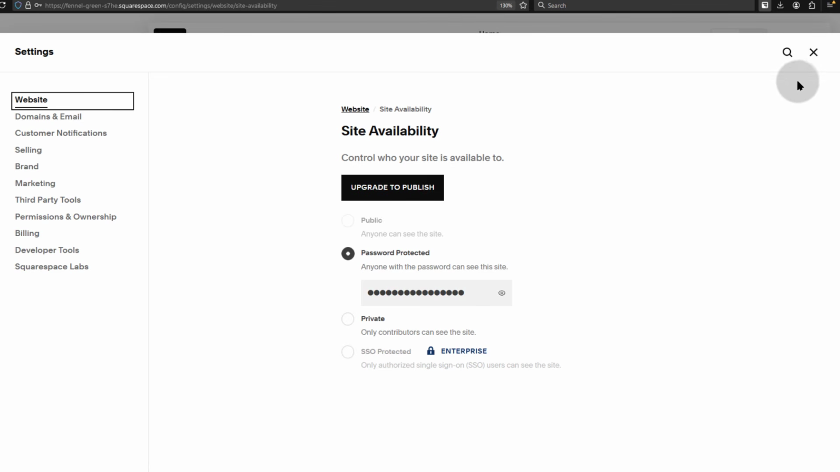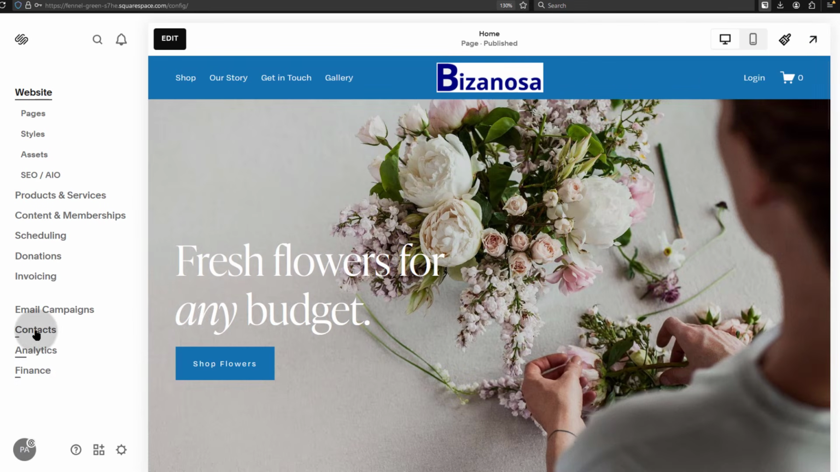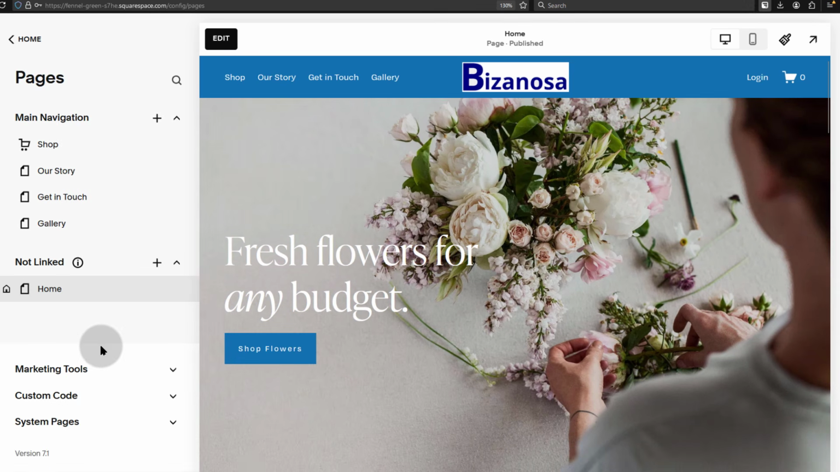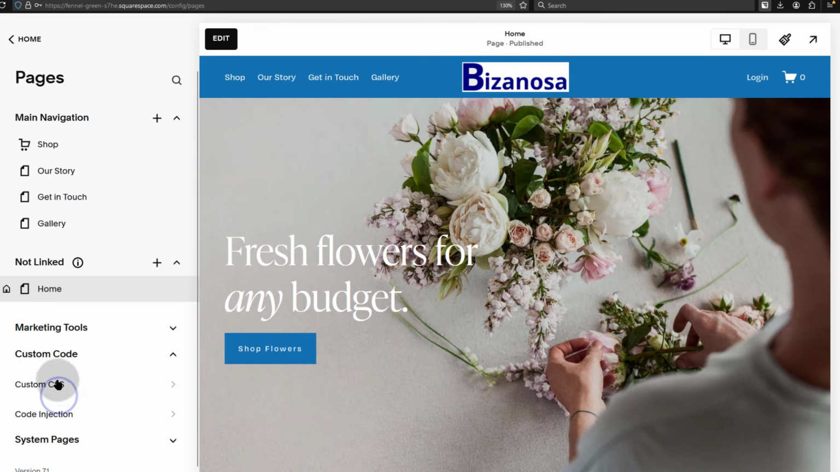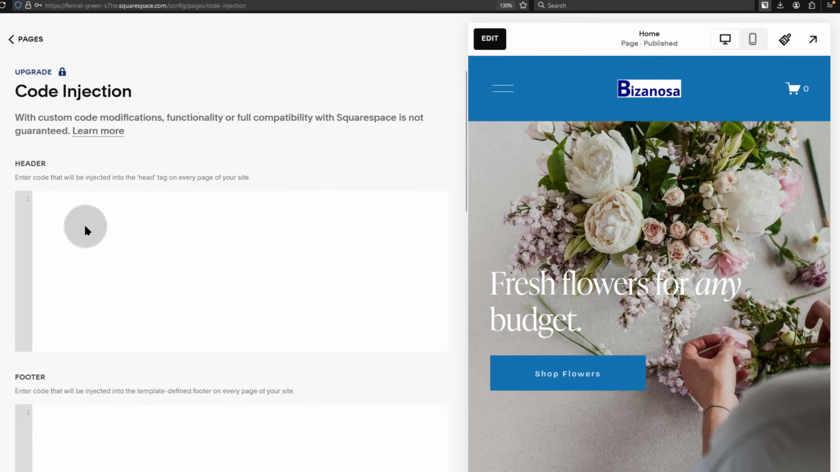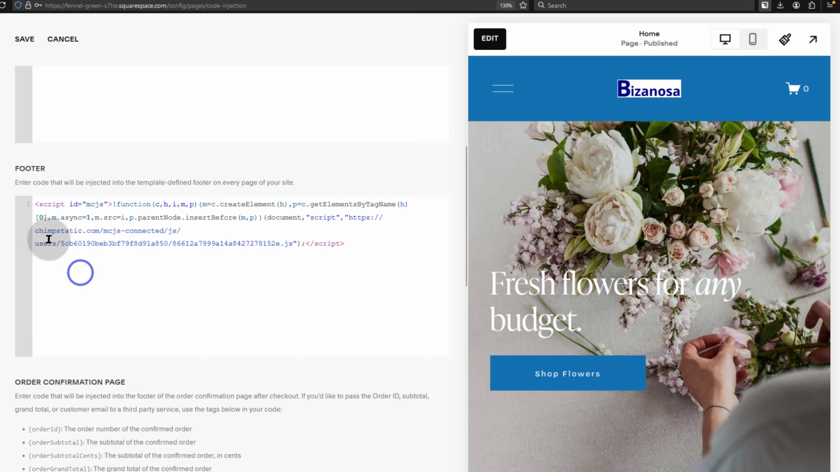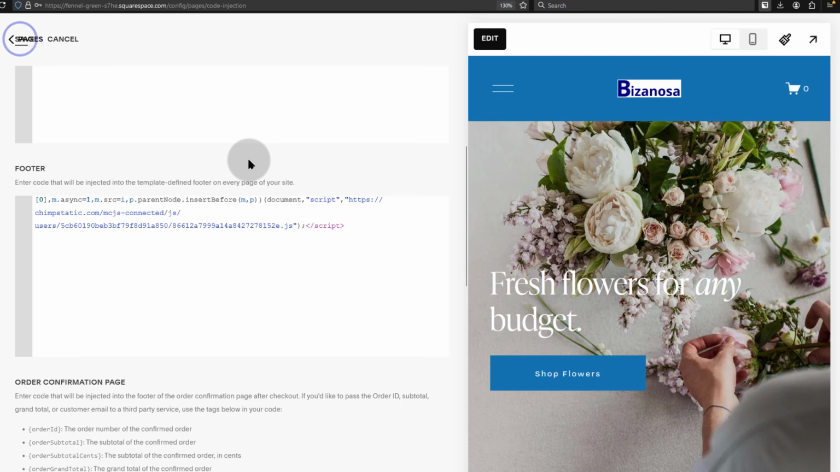So here on Squarespace, I'll just close that and come back to the website. I want to go into pages, and I want to add custom code. So depending on your plan, this might not be available to you. So under custom code, let me go to code injection, and Mailchimp recommends that you add it on the header, but of course that's going to affect your site performance. So you'll just add it on the footer. You'll save,